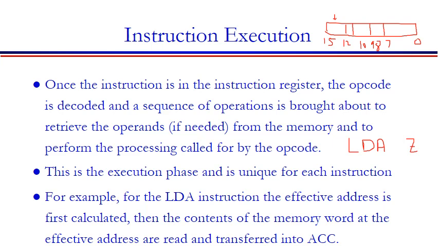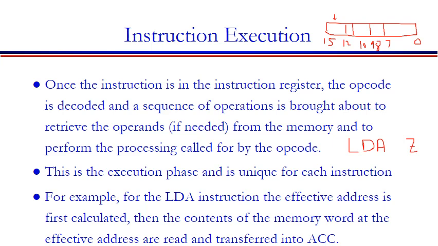So the system will receive an instruction in the form of the instruction format, where the opcode will be decoded and the system will then look after the instruction which will be executed. So this execution phase will be unique for each instruction. The instruction fetch process is the same for the instructions, while the instruction execution process is different or unique